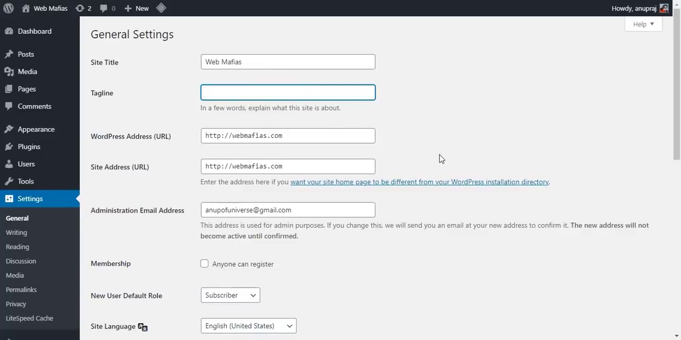Web Mafias, we need the tagline. Actually, if you build up some brand strategy, then you'll be able to set up this tagline. But right now